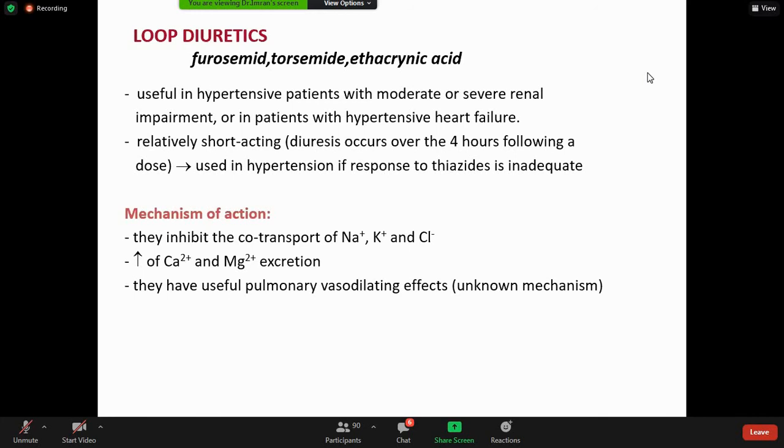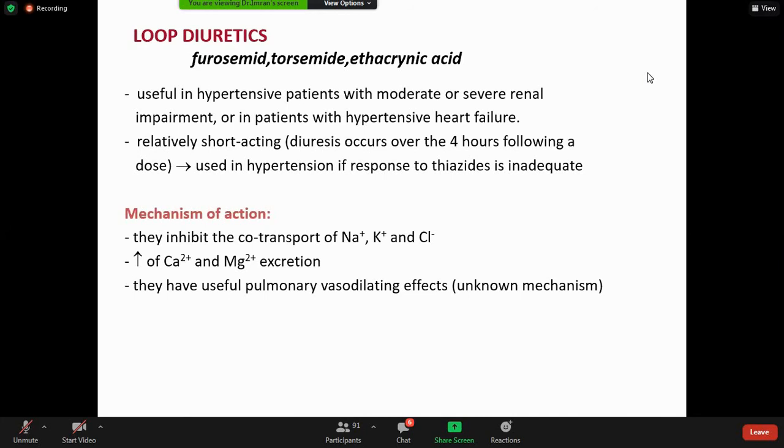When we compare the side effects, hyponatremia, hypokalemia, hypomagnesemia are the same in thiazide diuretics as well as loop diuretics. One of the key differences that you must know, an exam-oriented point,